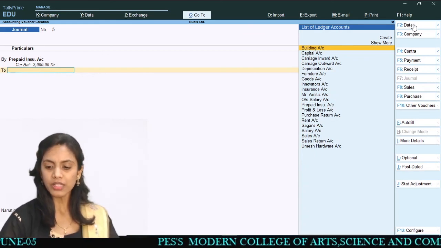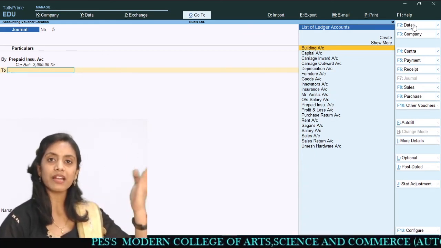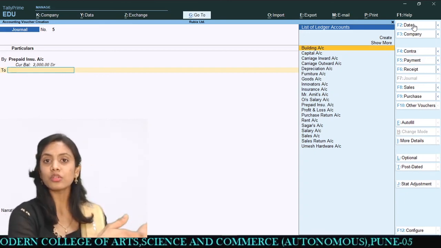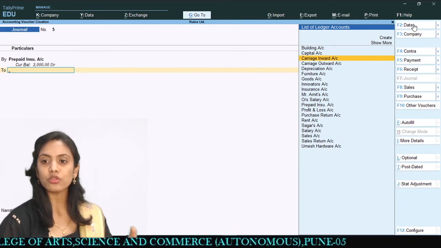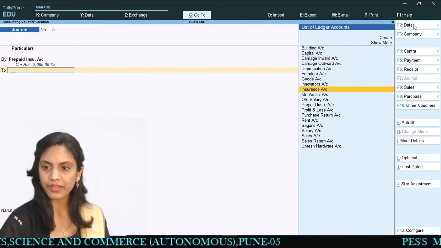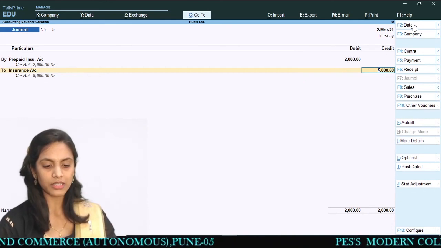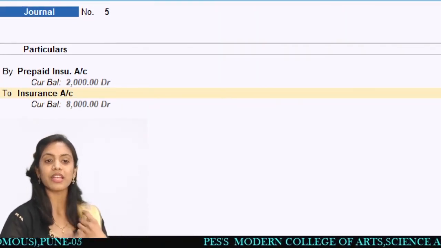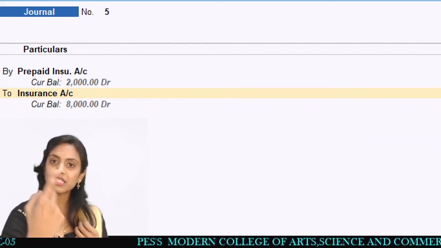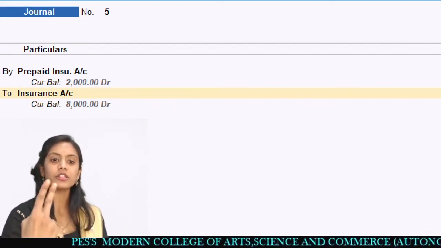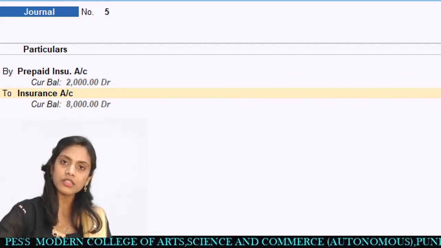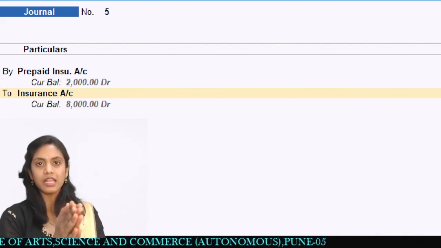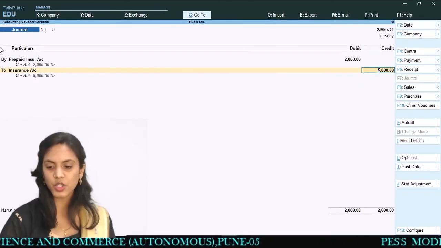And 2,000 credit to insurance account, right? Insurance account we have debited with the 10,000. Now from that 10,000 we have to remove 2,000 and send it to the prepaid insurance account. So I am going to take this insurance account from this one, and 2,000 I have to credit over here. You can see the balance in the previous example. In the previous transaction we debited insurance account with rupees 10,000, but out of that 10,000, 2,000 is related to the next year. So automatically for this year the insurance account balance is 8,000. Likewise, you can see these changes over here.